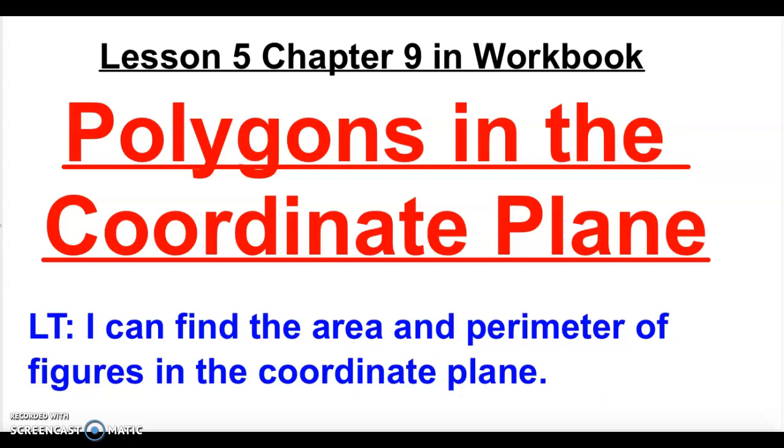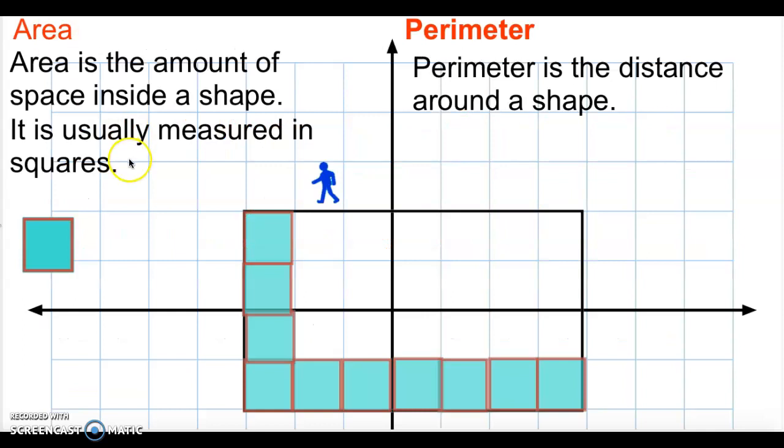of those figures. So the graph that I put attached to this lesson has 4 graphs on the front. You may need to print out 2 of those. So that's how we're going to proceed through this lesson. You're going to graph figures and you're going to find the area and perimeter as will be given to you in the directions. Okay, so the first thing I want to do is review with you the definition of area